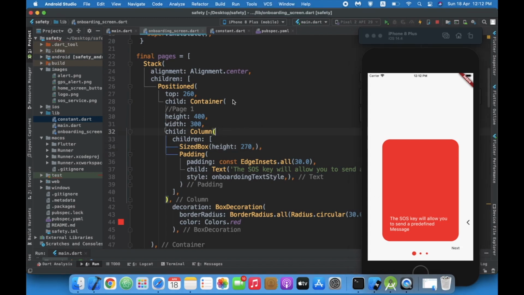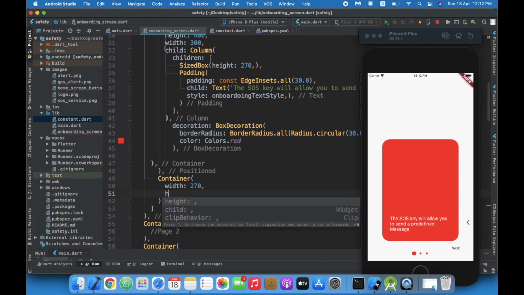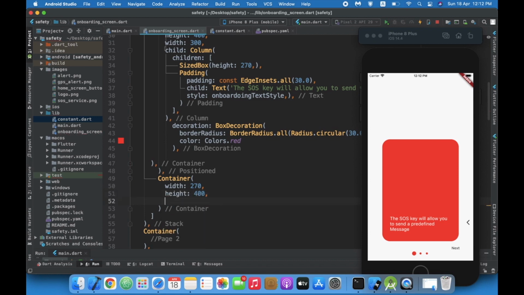So outside of this container, I am going to create one more container for our image. So container, width will be 270. Height will be 400.